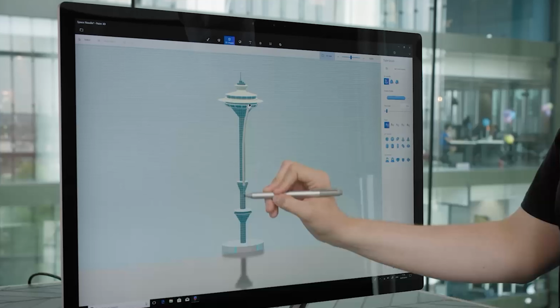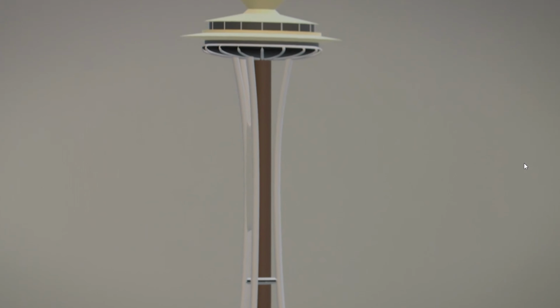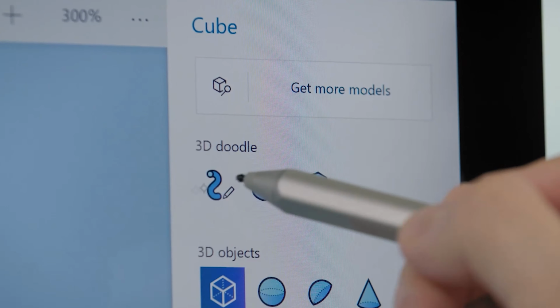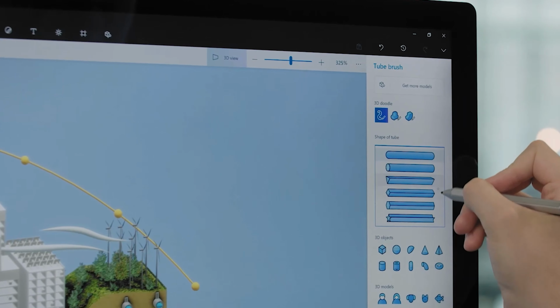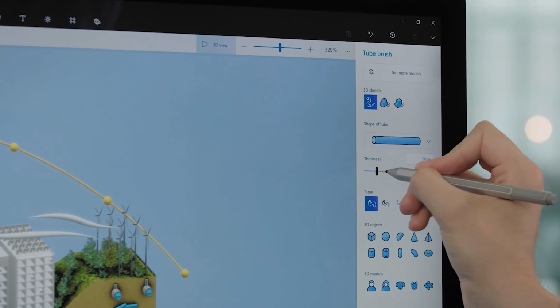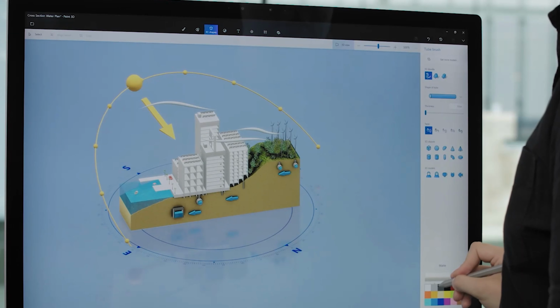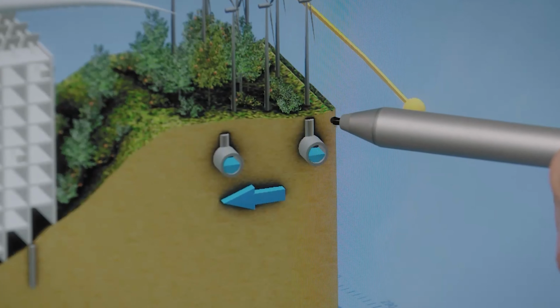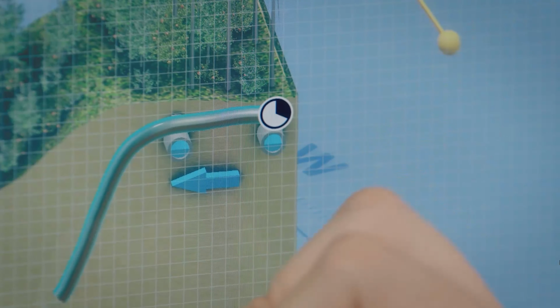You can easily draw lines, and you can move the pipes. If you have a picture of a car and you want to make it 3D, then it can be made with the help of this software. The software is also integrated with other Microsoft software, so you can use it in PowerPoint, Word, and so on.